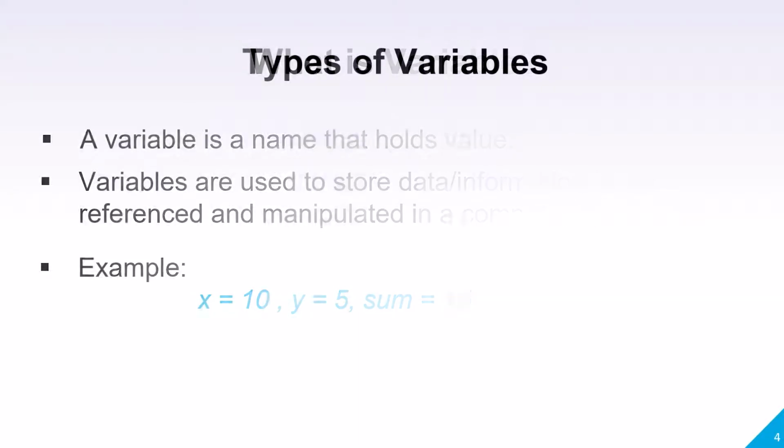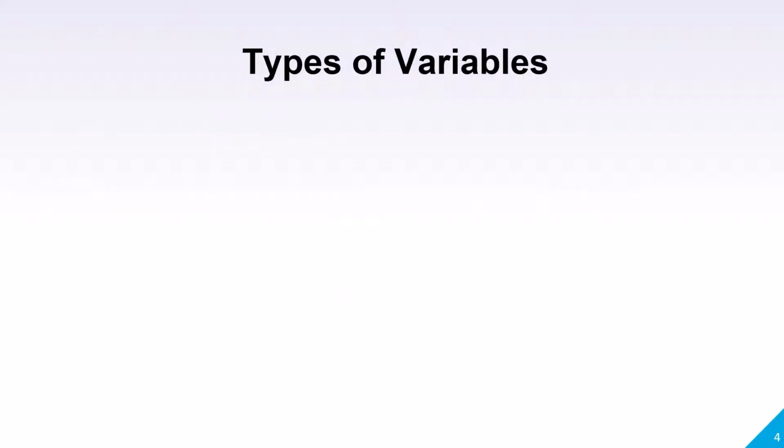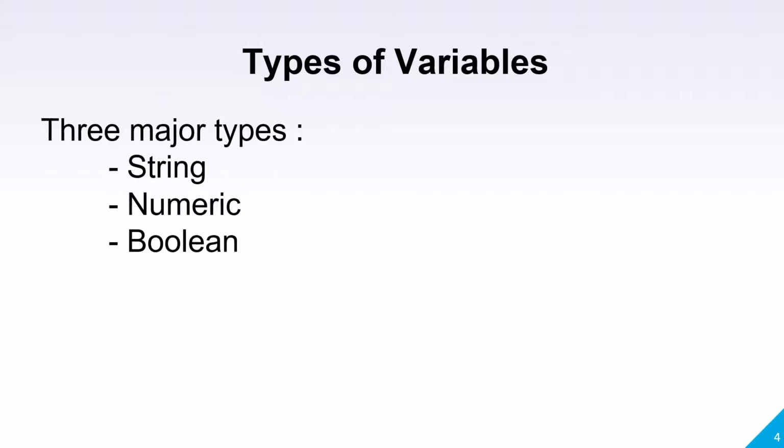Next we'll go to types of variable. The major types of variables are string, numeric, and boolean. There are other types of variables as well depending on programming languages. Okay, now we'll go through only these three. First,